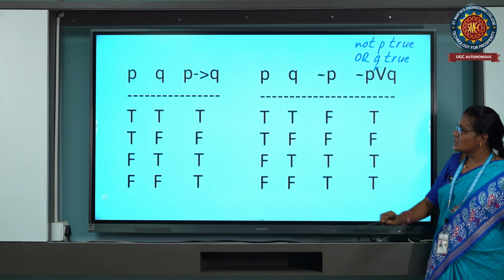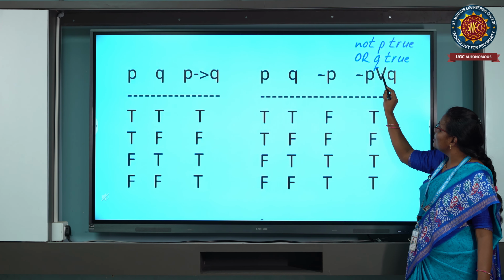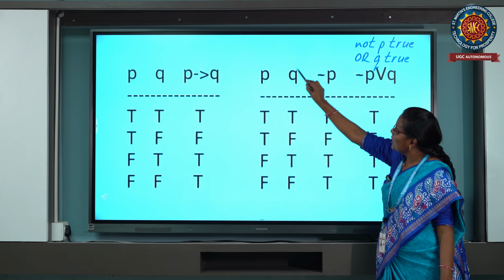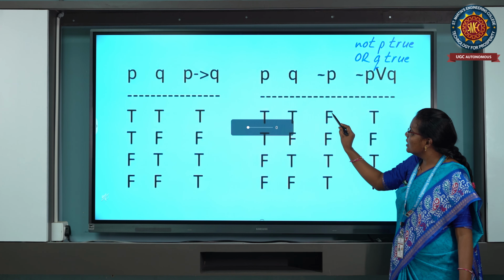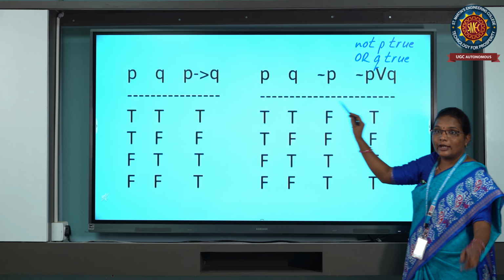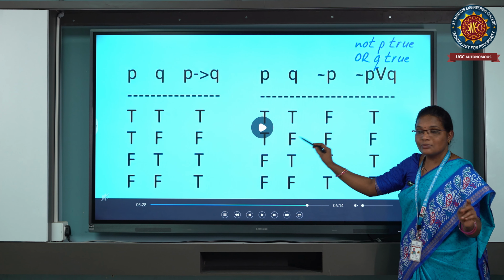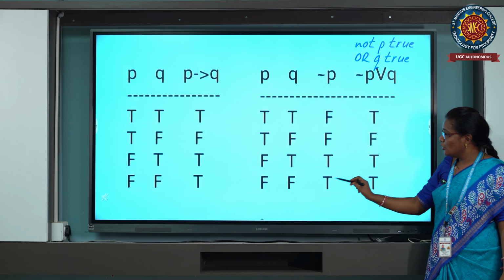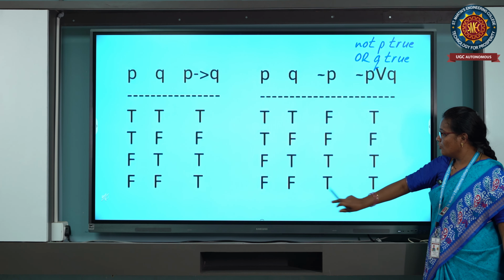Next, see the final answer. What do you have to find? Negation P or Q. This is negation P, and like this we have to find. False, true means we get true. False, false means we get false. True, true means true. True, false means true we are going to get.